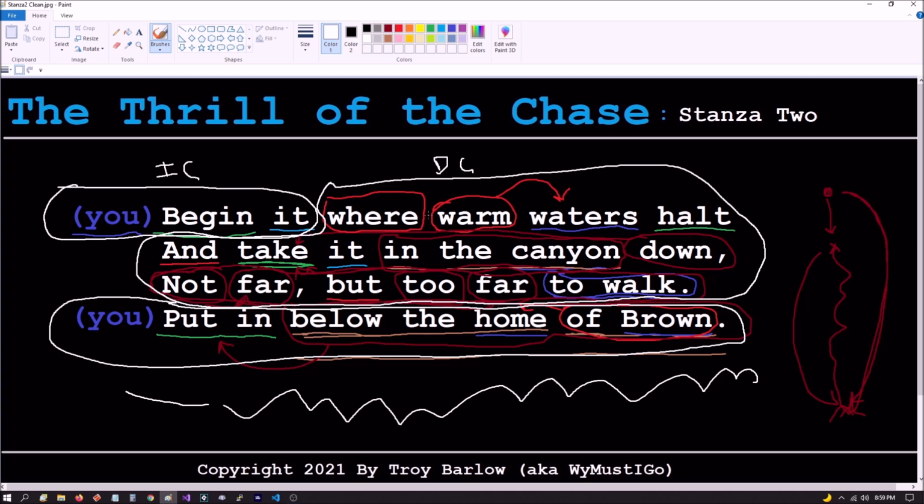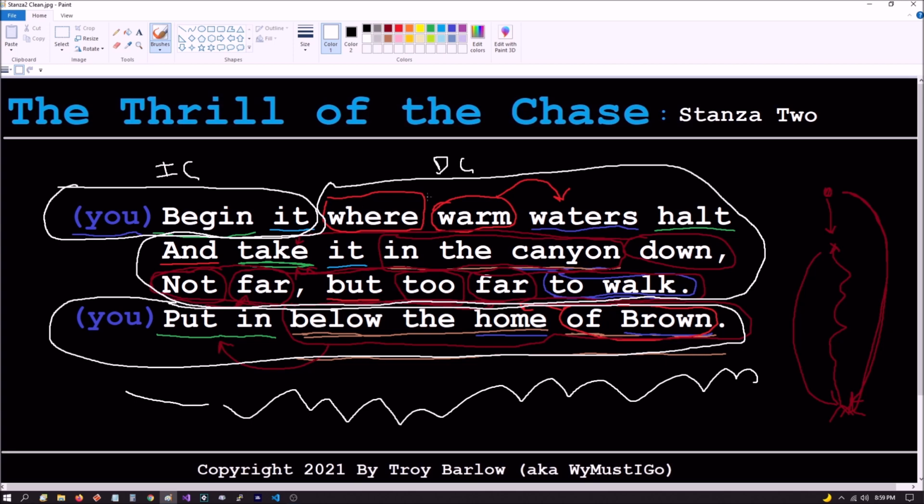What he's doing here is, the subject of this verb is actually the waters. Okay? It's not you, like he has here. He's telling you where to begin it. He's saying, begin it where warm waters halt and take it in the canyon down. Not far, but too far to walk. So that whole thing